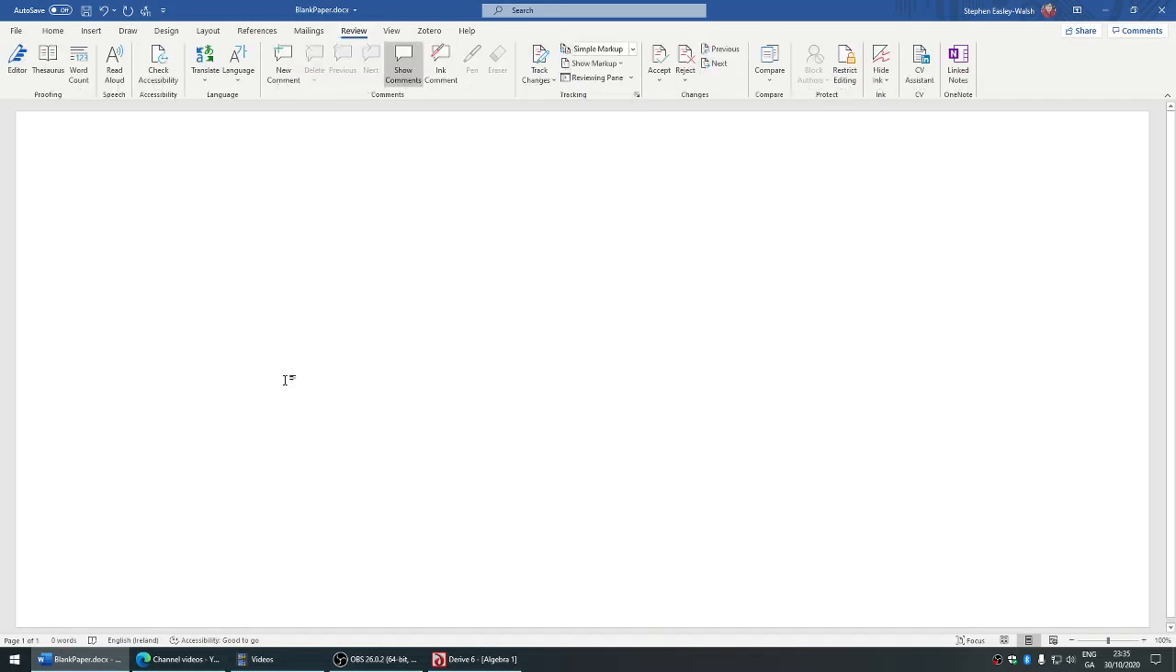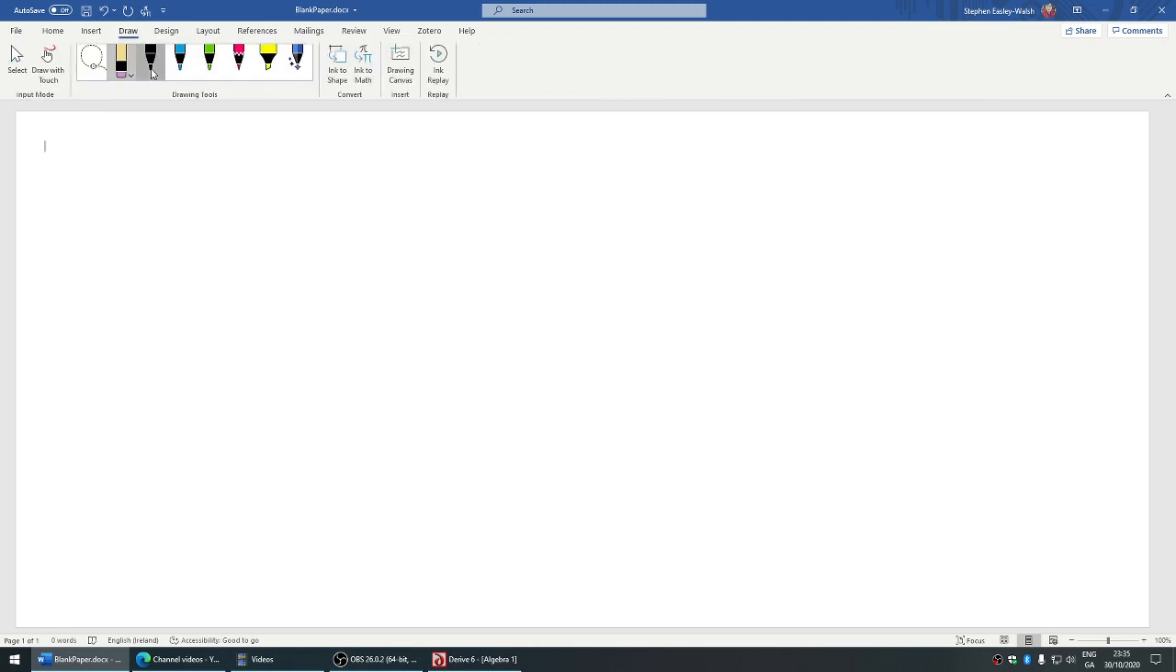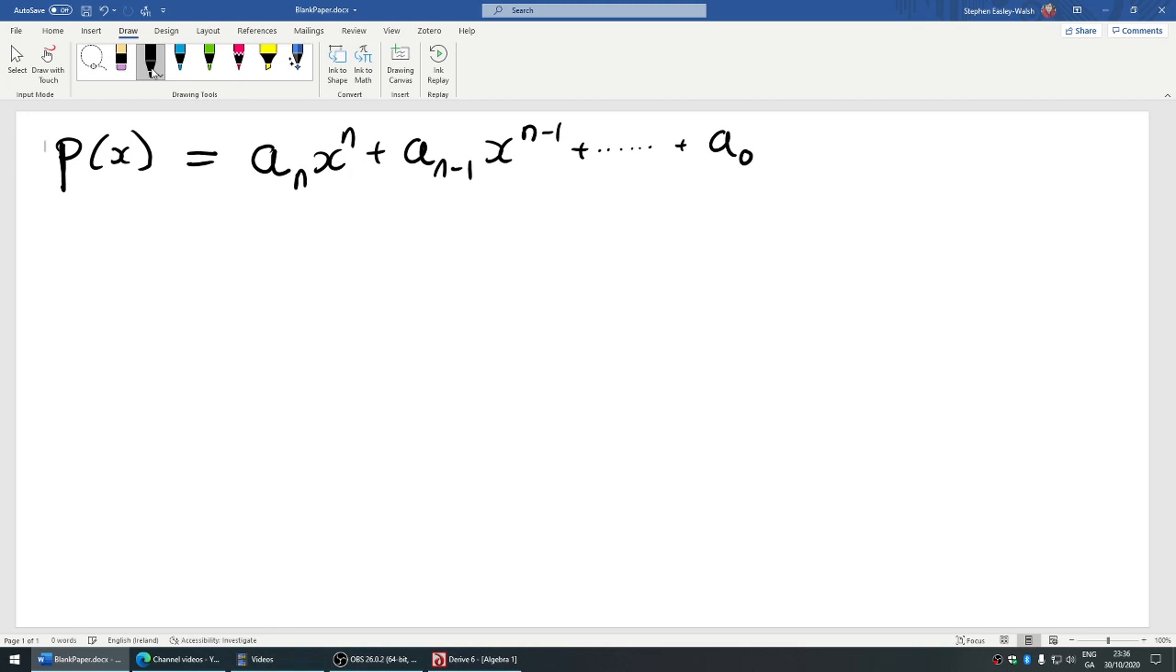Okay, we want to prove that polynomials of odd degree always have at least one real root. So we have p of x equals, we'll say, a_n x^n plus a_{n-1} x^{n-1} all the way down to a_0, where n is odd